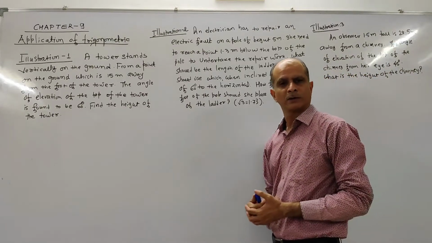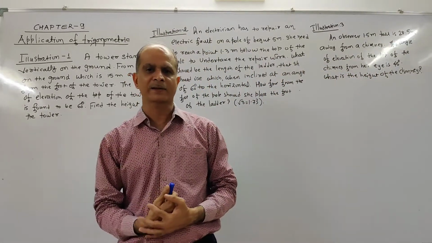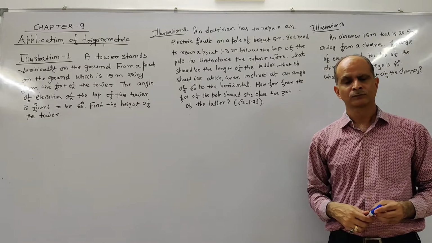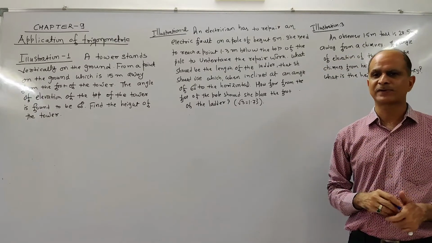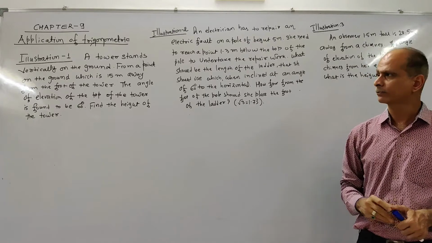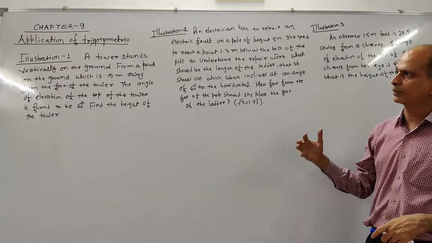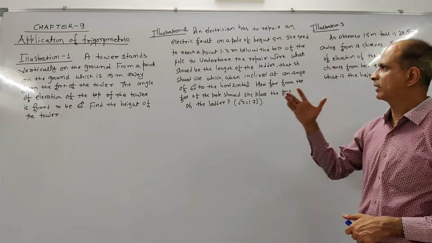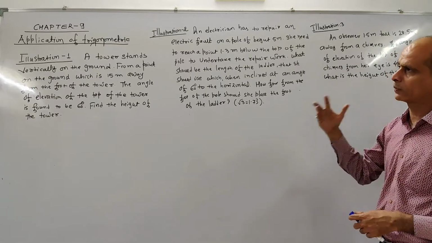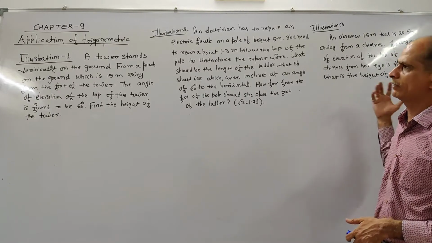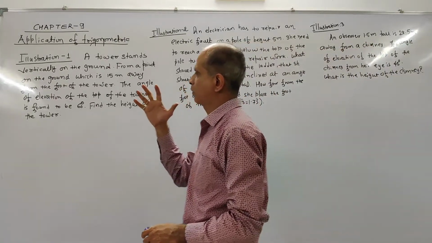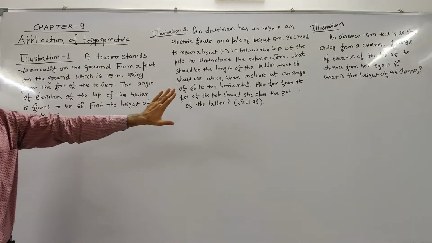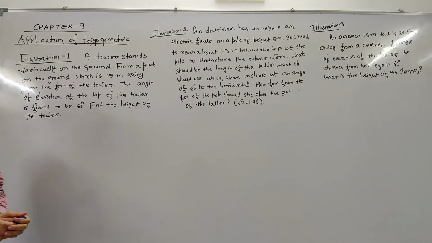We have also solved the first 5 examples of Exercise 9, and that is on the basis of the angle of elevation. And this year in our examination only one concept is there, and that is angle of elevation. Now another 3 illustrations are there in your textbook for angle of elevation. So let me start with illustration number 1. All these 3 examples are also on the basis of angle of elevation.